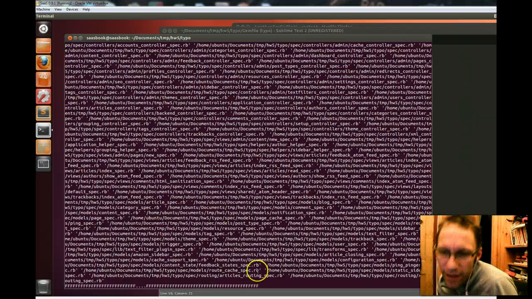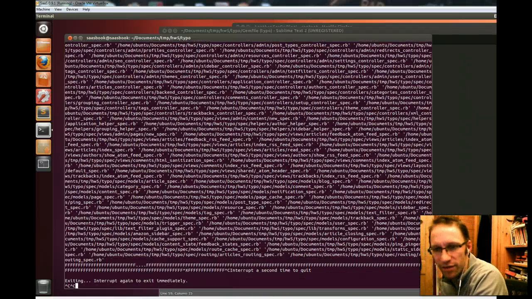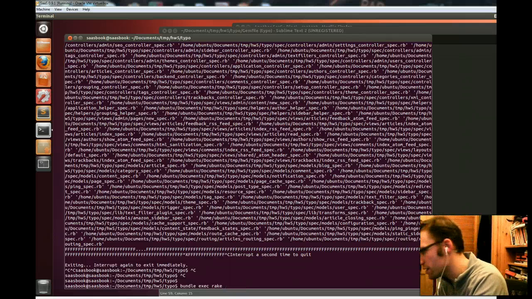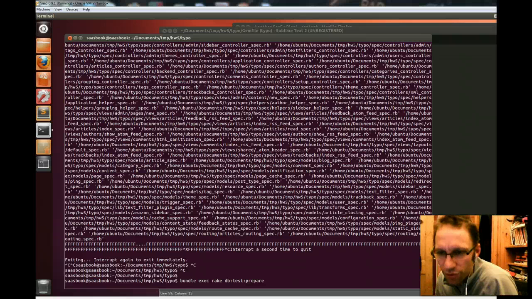Oh yeah, and then this other thing was, I run it the first time and there would be masses of failures. Let's get rid of that. That was because having run the Cucumber test seems to leave the database in a bit of a state, and I think what I found was you have to run rake db:test:prepare before you run